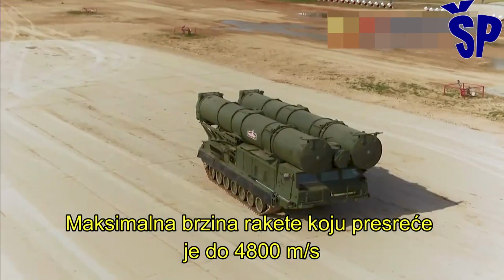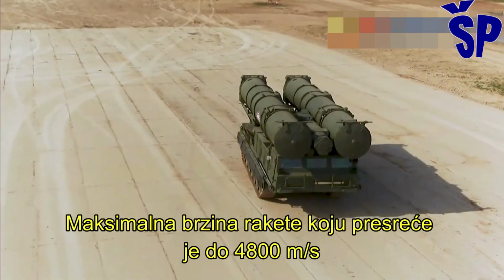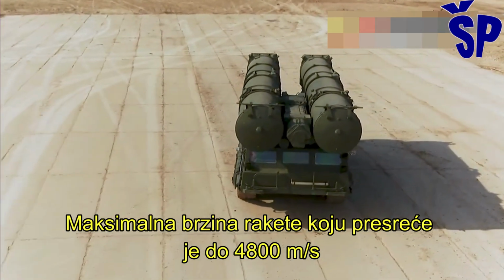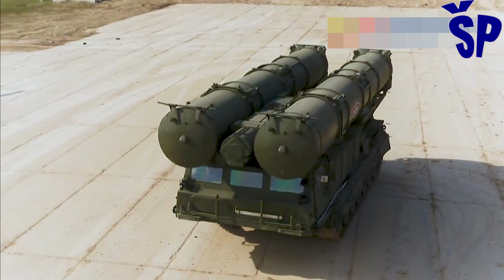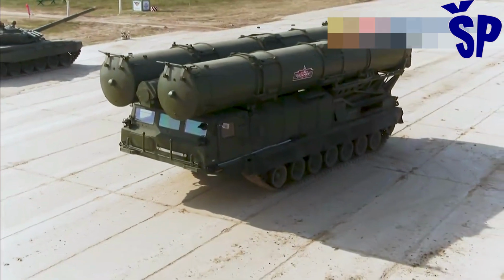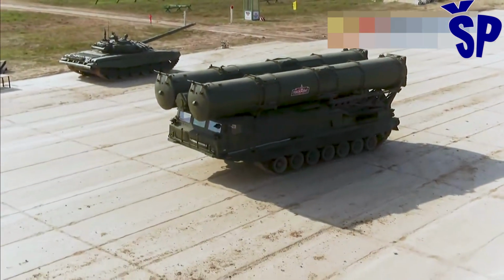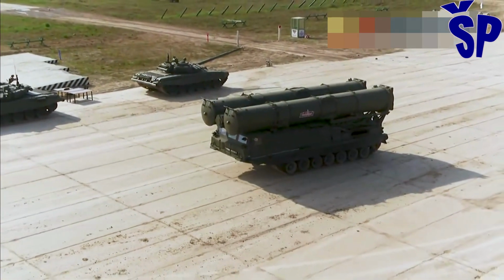The system includes several vehicles, all produced on tracked chassis featuring great mobility and cross-country capabilities, namely launch vehicles, launcher loaders, a command post vehicle, 2 radars of circular and sector surveillance, as well as a multi-channel missile guidance station. At the moment, we can see only the launcher that carries 2 missiles,